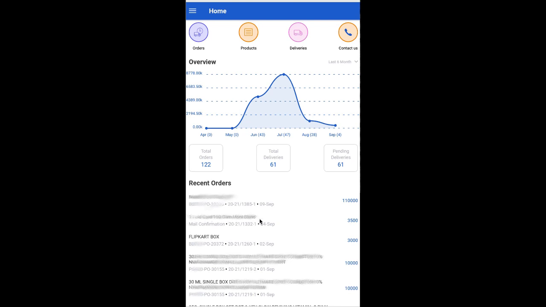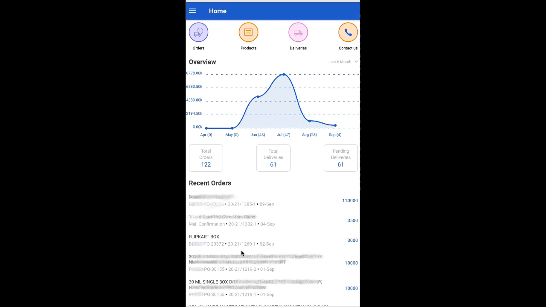Now, it also tells you short recent history details, and obviously the names have been blurred so that confidential information is not shared. But here you will find the name of your product. Here there will be the PO number. This will be the job number that CDC has generated, and this is the work order date and the quantity that you have ordered. So this just gives brief information about the recent orders that have been placed with us.